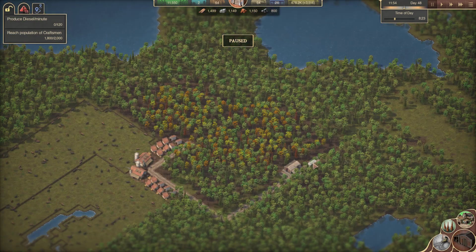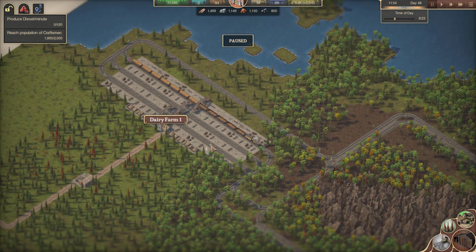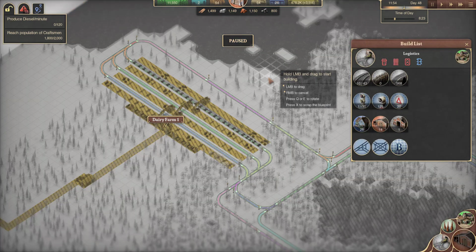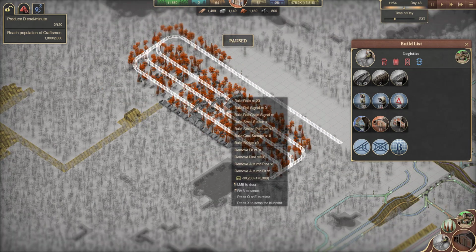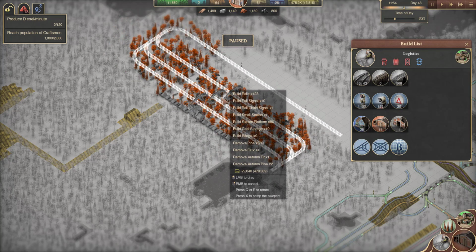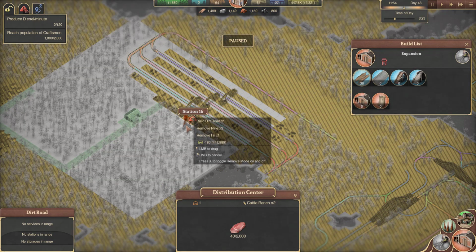Not anymore. So let's pick one that has 3 lanes, a fast 3-laner, like right here, this dairy farm. And let's see if this would work. If we take this guy and we move it over here, would it fit? Could we put it in here? Okay, it could fit right there. Okay. Then if we take this road and move it back down here so it's connected to the